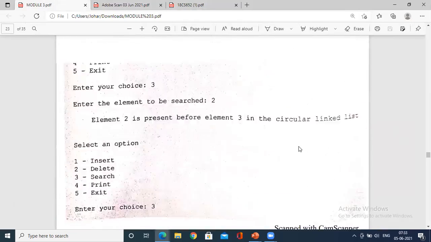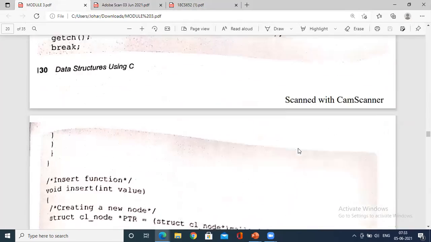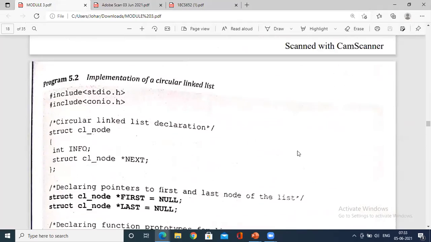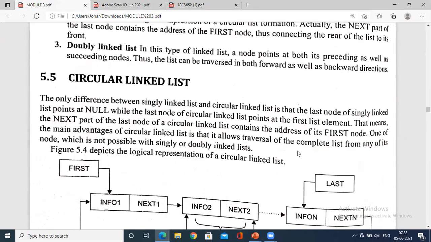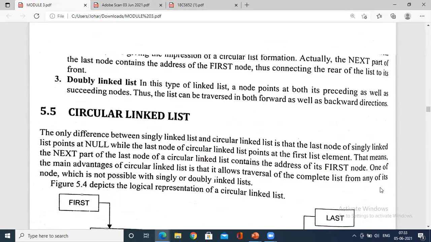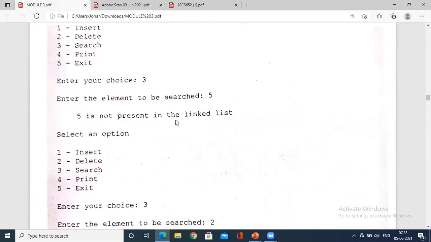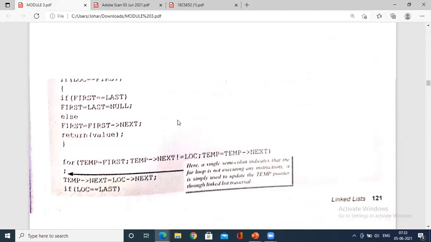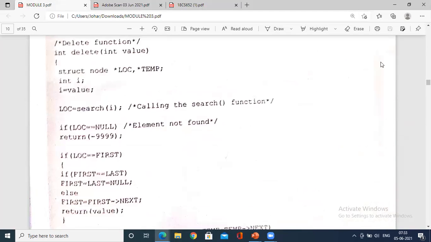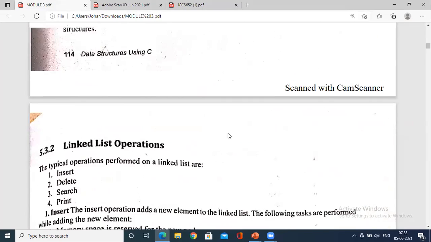I just want to review, because today if I go with a lengthy program you will find it difficult. So I'll go with the structures of all the linked lists, which is mandatory from an exam point of view. How does the linked list look like? What is a single linked list, what is a double linked list, and what is a circular linked list? With that, we could see the various operations of the linked list.